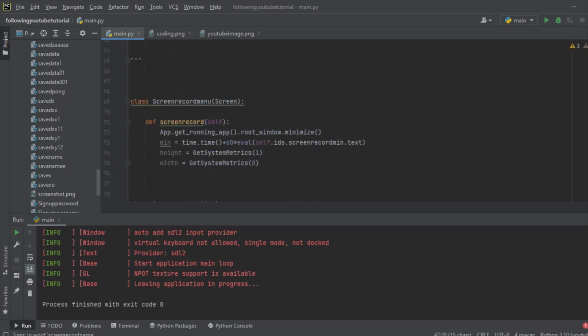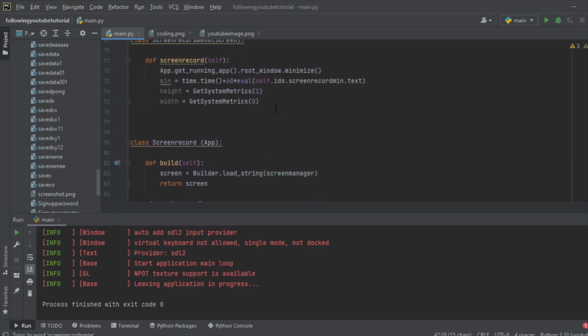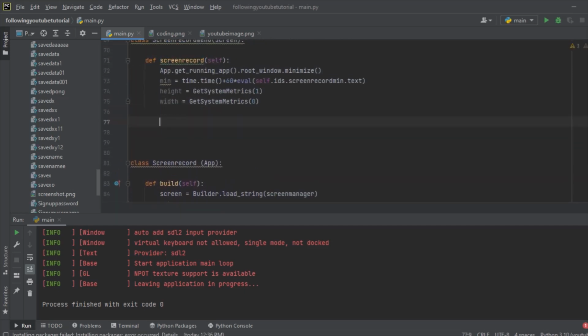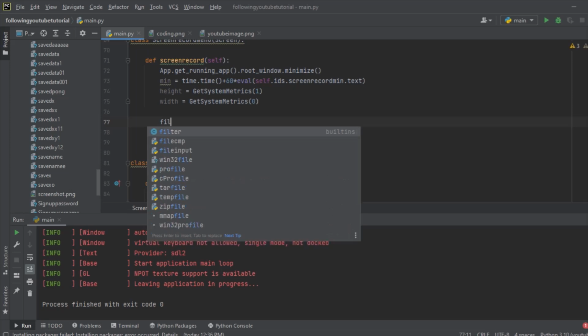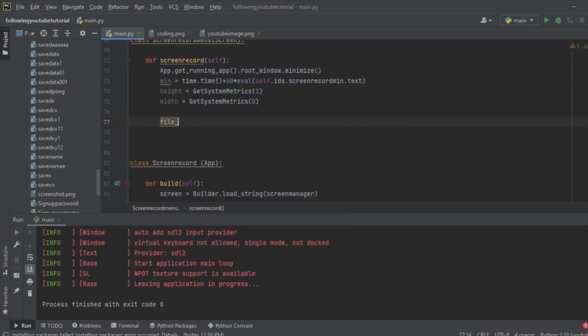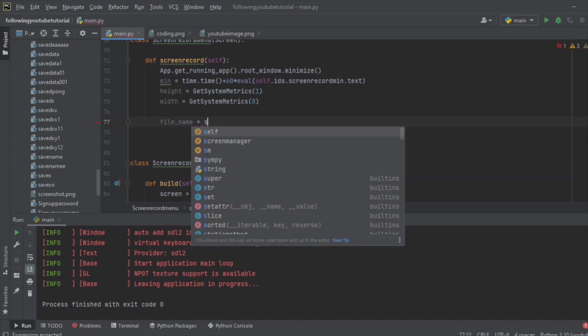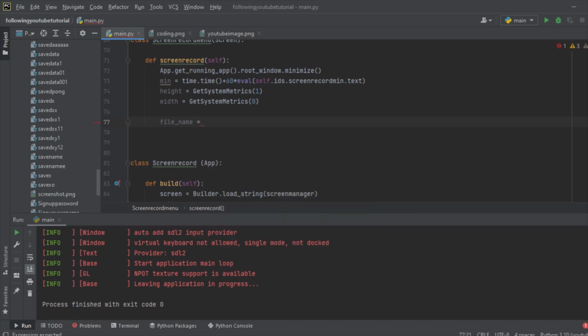So here, what I'm going to do is come over here and write file underscore name is going to be equal to